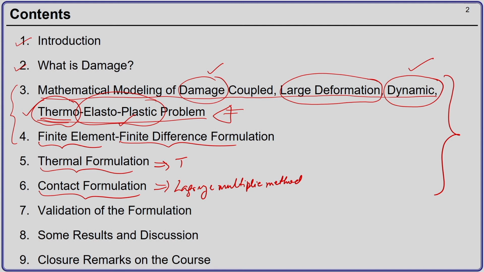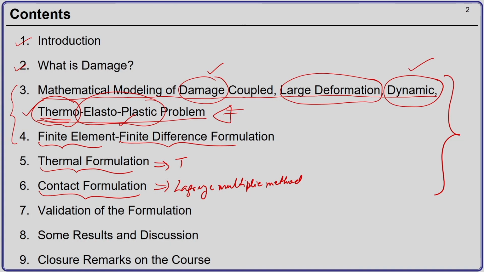If we have developed our formulation, the mathematical formulation, and discretized in space and time here, and then once we have discretized everything and developed our finite element formulation, we go and implement that finite element formulation inside a computer code, and we develop a computer code which first needs to be validated. So, we will see how we do the validation.